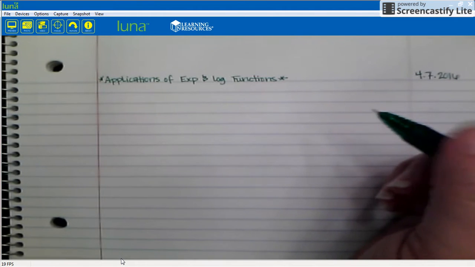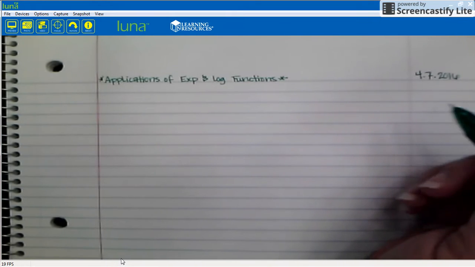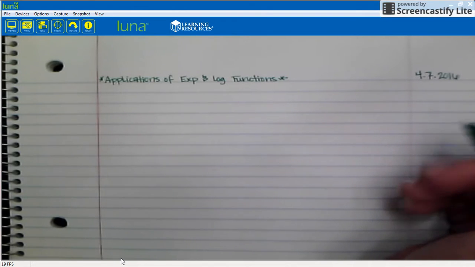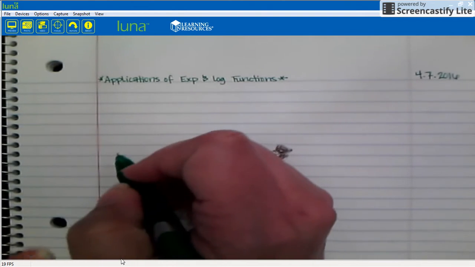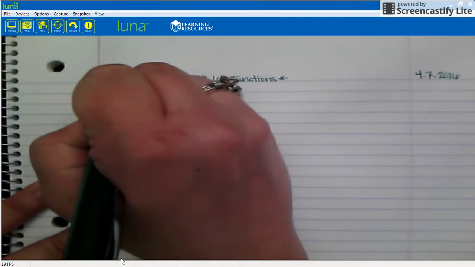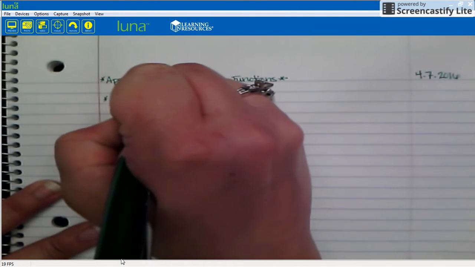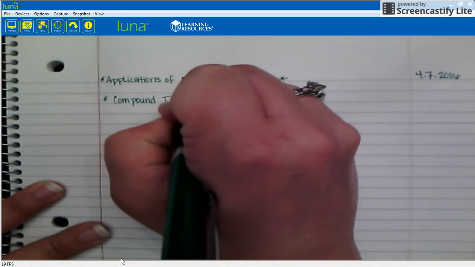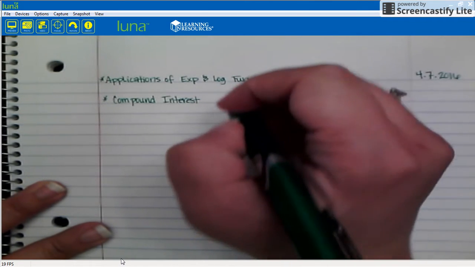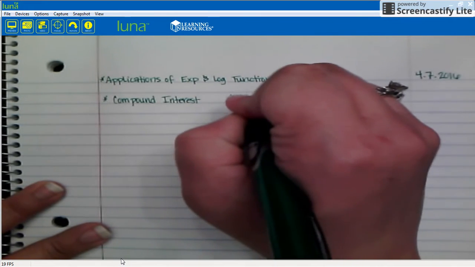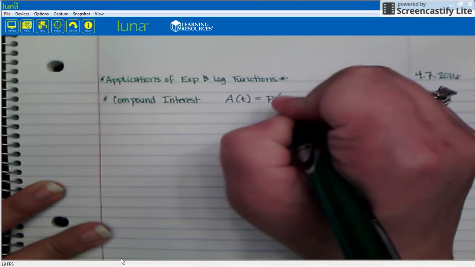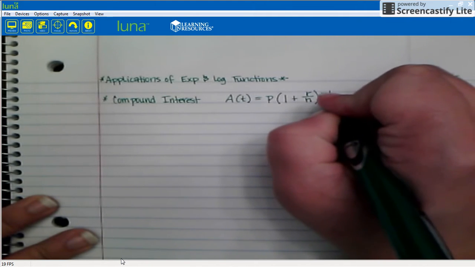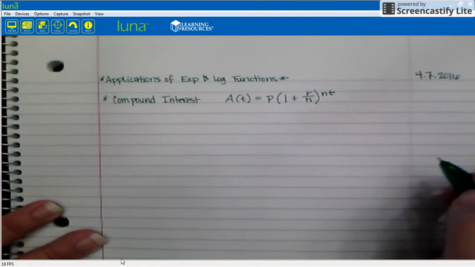Yesterday we wrapped up working with exponential and logarithmic equations, and today you're going to look at some applications with some real world scenarios. Some important formulas that you're going to want are first compound interest, which is probably the most fundamental of the exponential functions that we use in everyday life, and it is A of t is equal to P times (1 plus r over n) raised to the power of n times t, where all of these